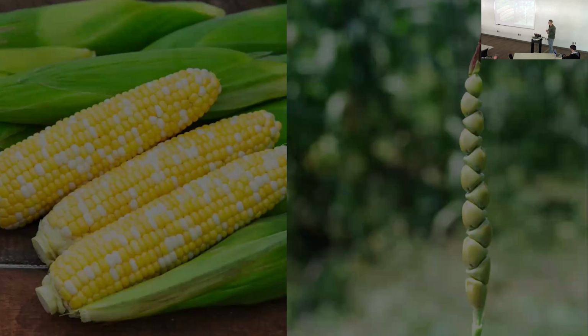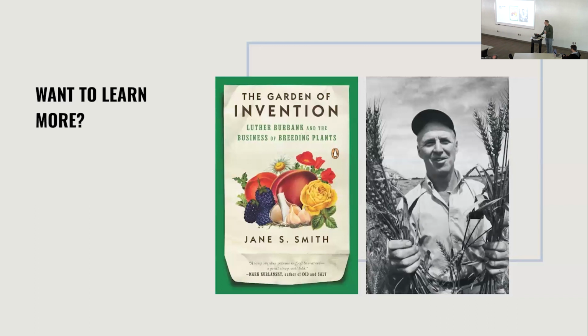Recently we've turned to using more genomic data and more phenotypic data to help drive these selection decisions and help increase the genetic gain. So we want to continue to produce bigger and bigger corn ears. If this is something you're interested in at all, there are just a couple of brief reading suggestions for you.